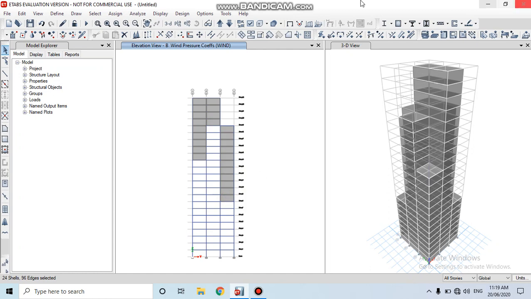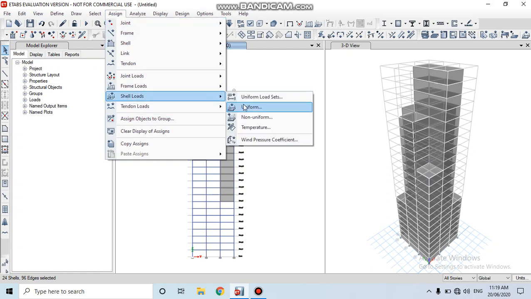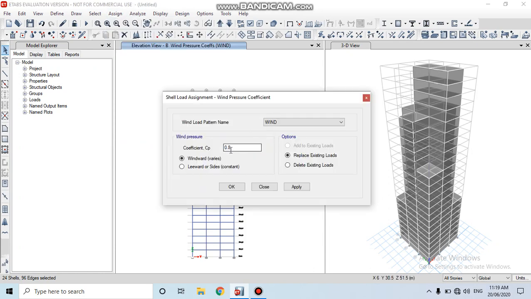Here the shells are selected. Then click again on assign. Then click on shell loads. Then click on the wind pressure coefficient. As here we considered 0.8 towards the windward direction. Then click on apply. Then click on OK.